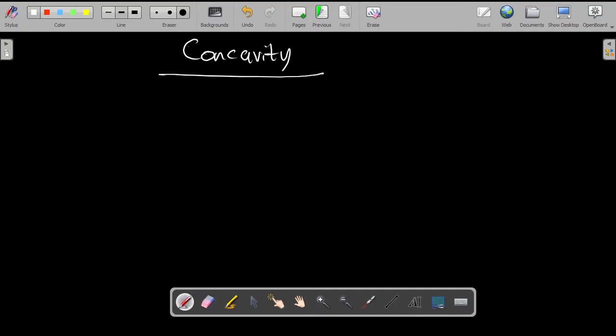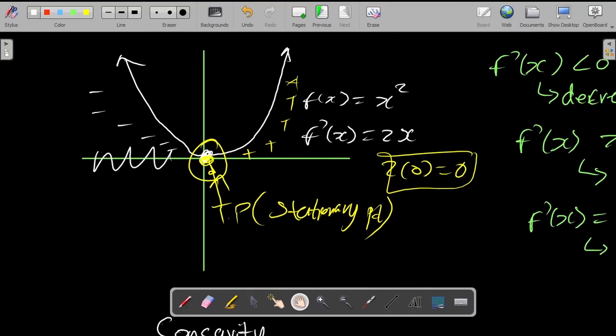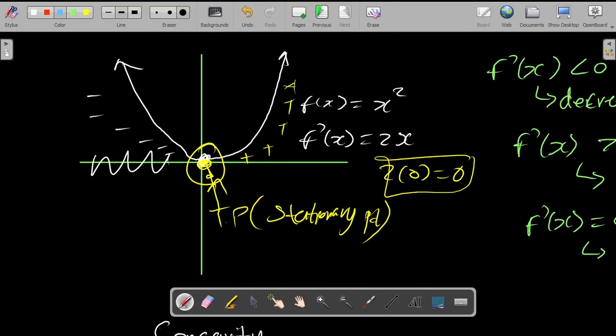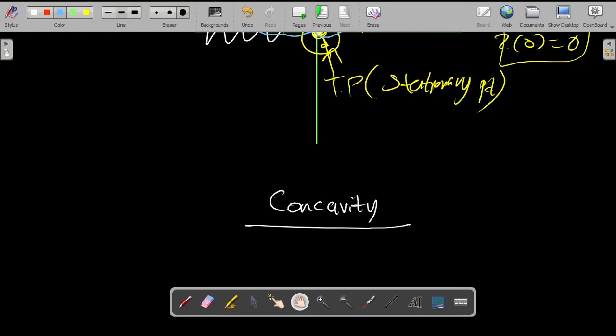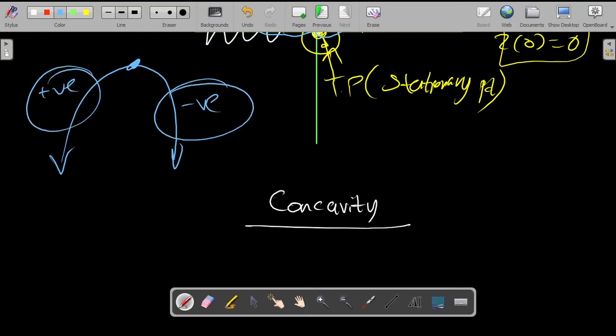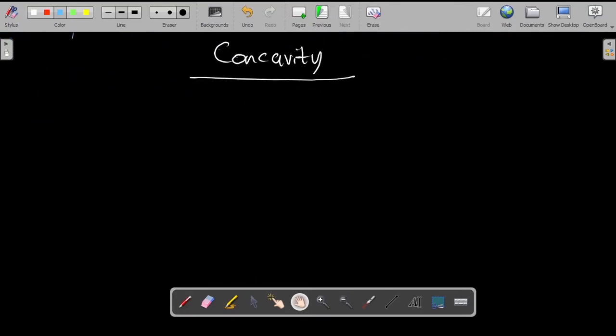But once again, in the previous case, we talked about the stationary point, and it divides part of your graph where you have a decreasing function, and part of your graph where you have an increasing function. And it can be the other way around. That is perfectly fine, because your stationary point should divide your positive side from your negative side. It doesn't matter which one comes first, but at that middle point, or that turning point, you have a change from decreasing to increasing, or from increasing to decreasing. Now with concavity, we are going to talk about a change in concavity,